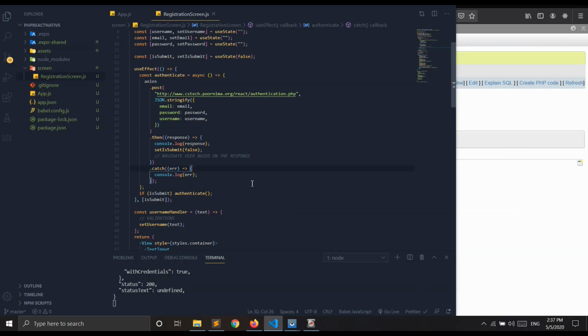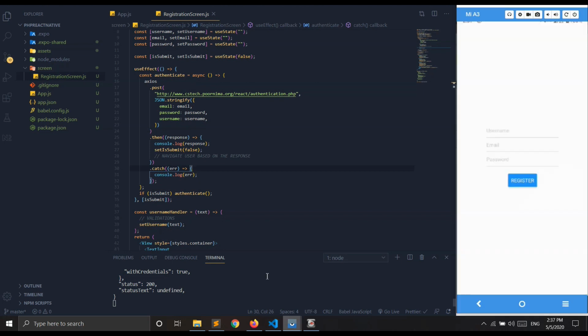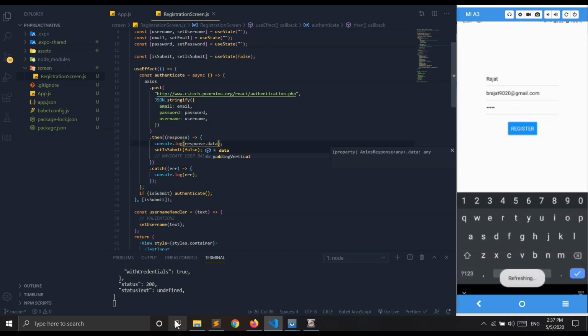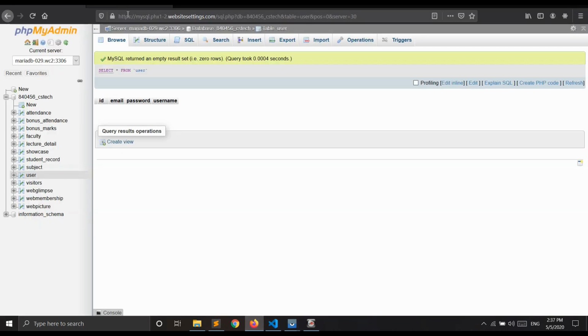You can see actually it should be response.data. Now if I click, email already present because I already clicked here.